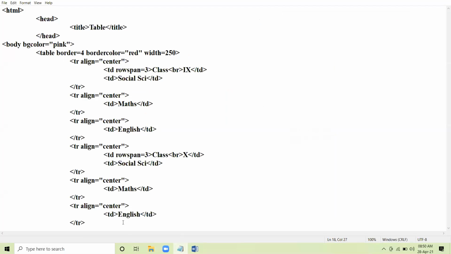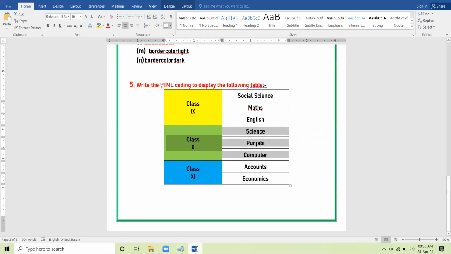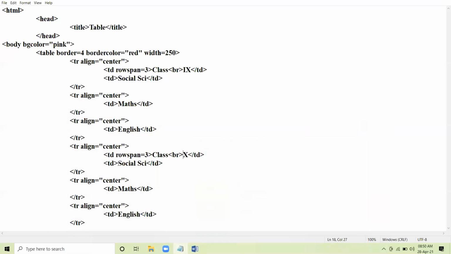Class 10th. Subject names are Science, Punjabi, Computer. Here we have Science. Here we have Punjabi. And here we have computer. Okay. Am I clear up till here?